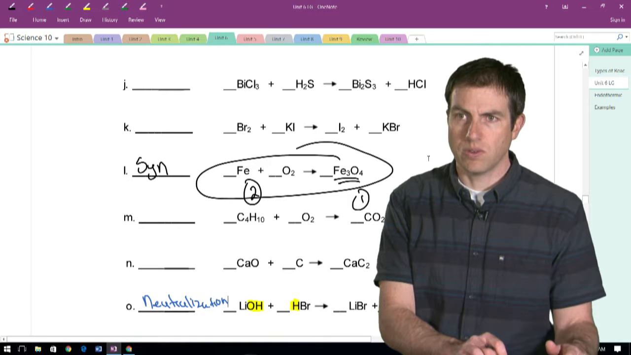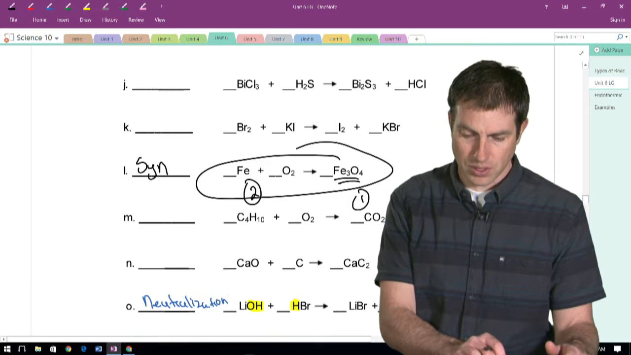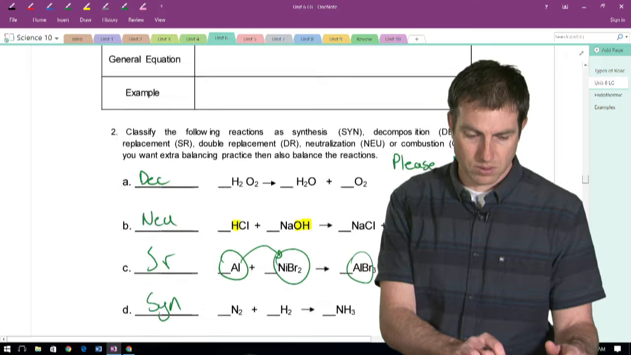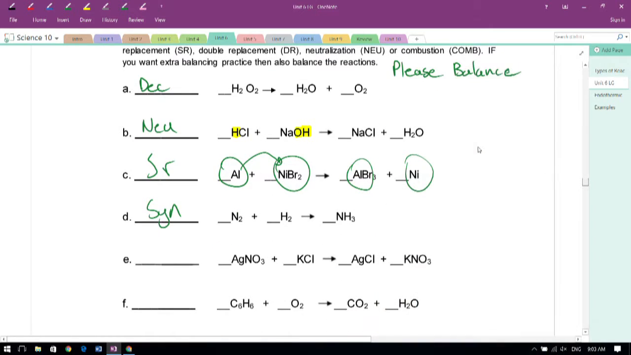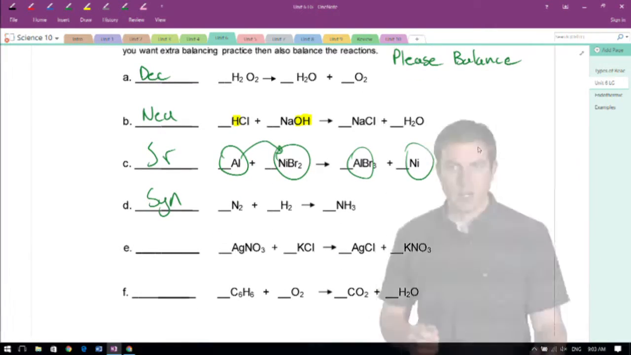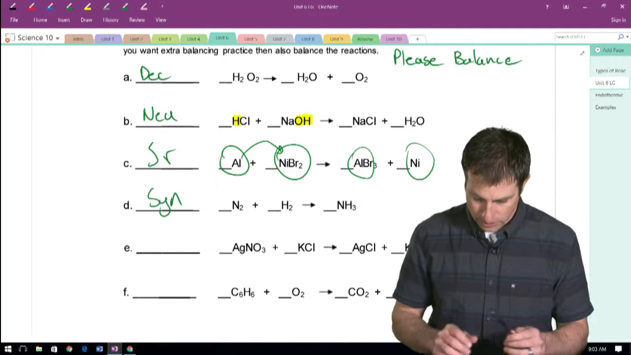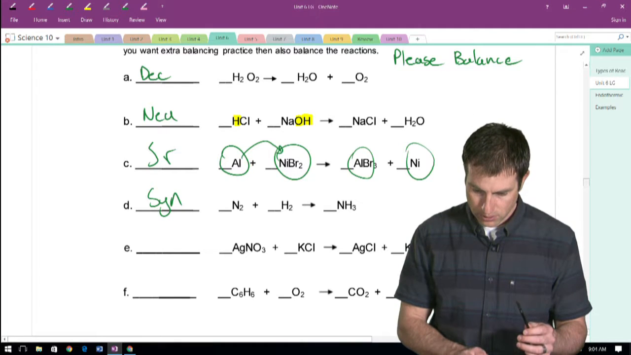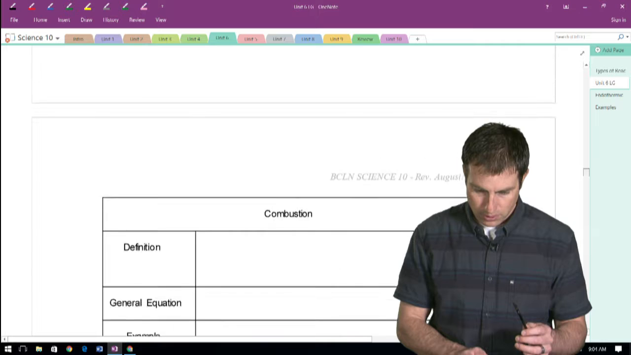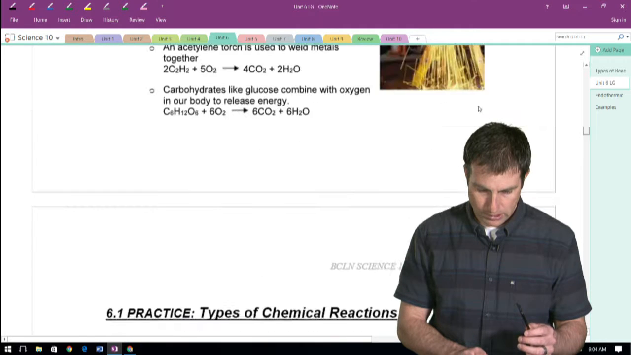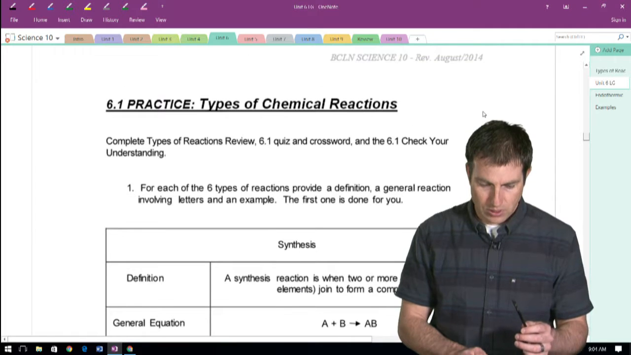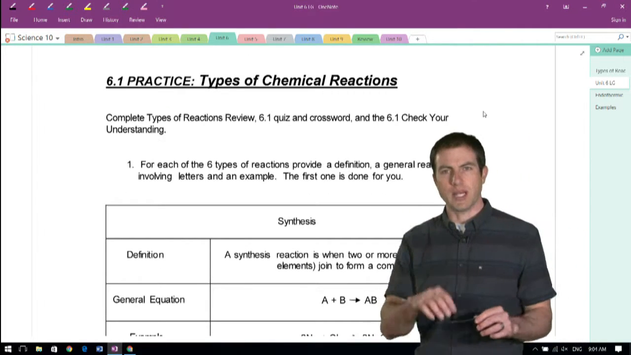Can you do some where you find out the Roman numeral? For sure. The multivalent metals, we can find some of those. All right, so this is on page, I don't have page numbers. That's disappointing. So 6.1 practice, the top of the practice section